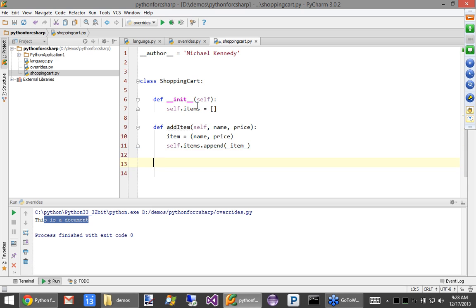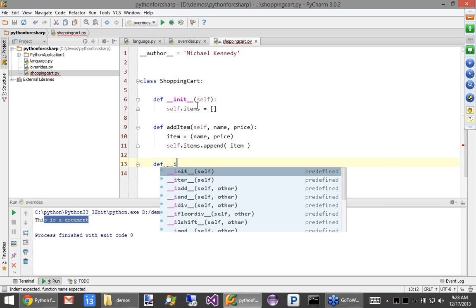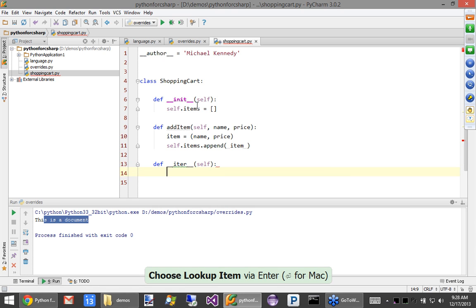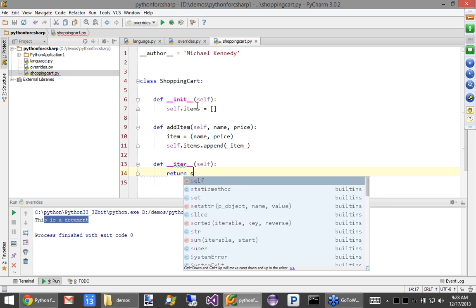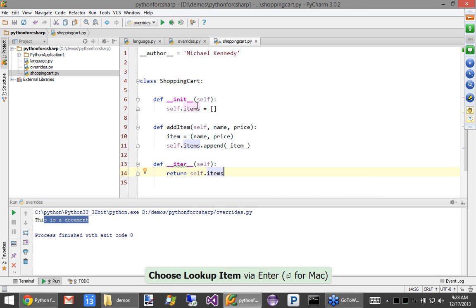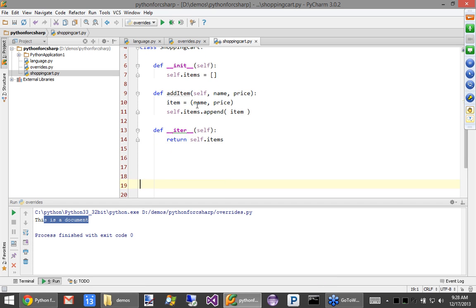And then if we're going to implement IEnumerable, the way you do that in Python is you override __iter__. So you say def __iter__, and then you basically need to do the same thing, return something that implements IEnumerable. So we'll just say return self.items. If you look at the C# code when I flip back, it's going to be the same thing. So let's use this really quick.